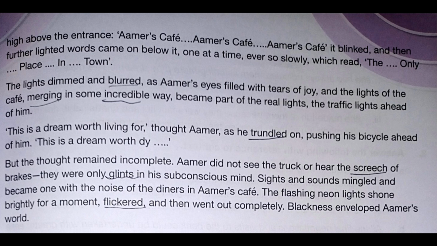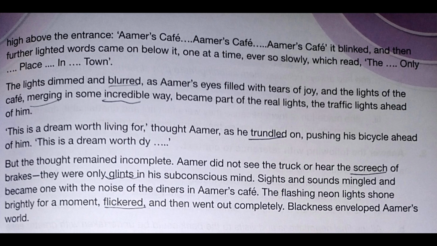This is a dream worth living for, thought Aamer as he trundled on. Trundled: of a person, moved happily and slowly, pushing his bicycle ahead of him. This is a dream worth...